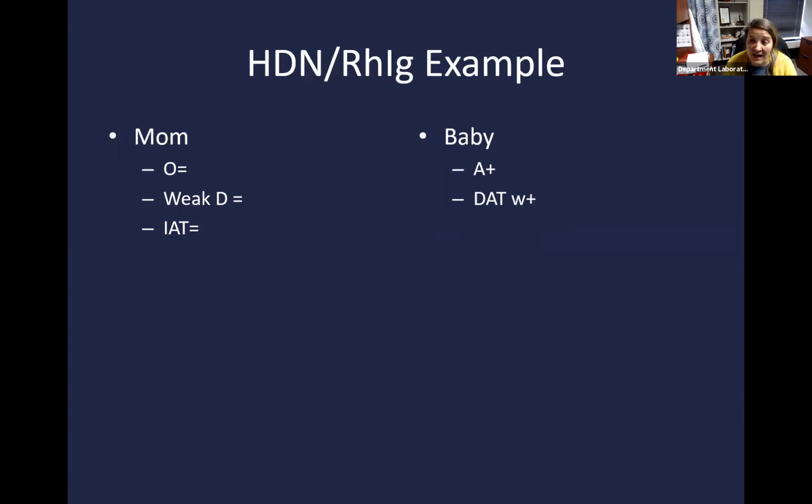If mom is a type other than O, and she's Rh negative and her IAT is positive, that could indicate the presence of a non-ABO circulating IgG antibody present in mom. So whatever antibody is identified in mom's plasma could be attaching to the baby's cells if baby is antigen positive. Okay, mom's IgG antibody is able to cross the placenta and attach to baby cells. All right, that would cause symptoms of anemia in the baby as well as resulting in respiratory distress in the